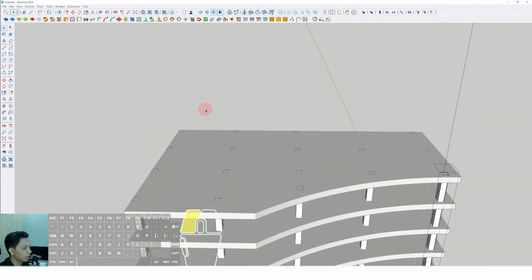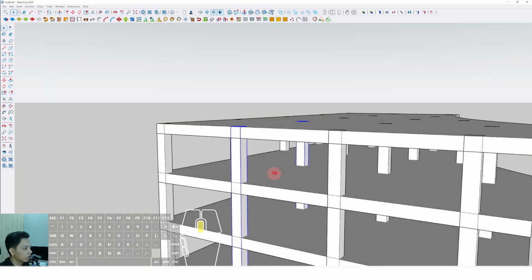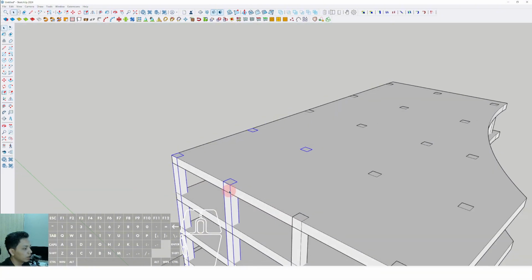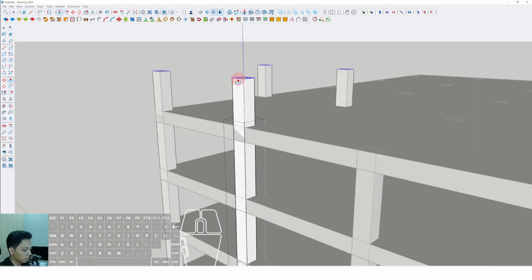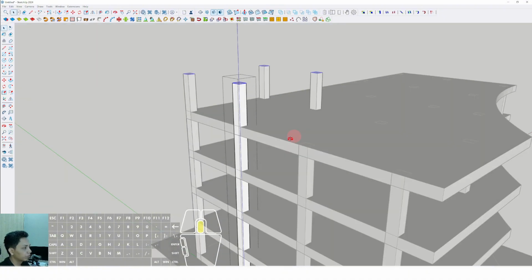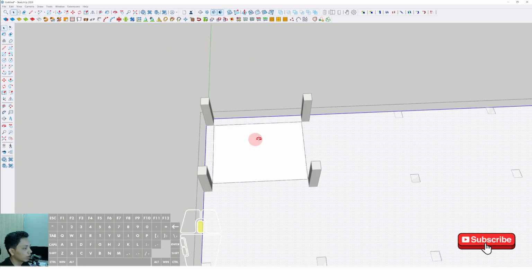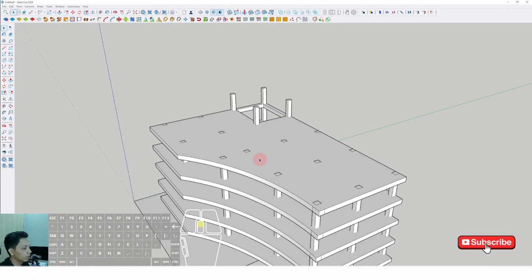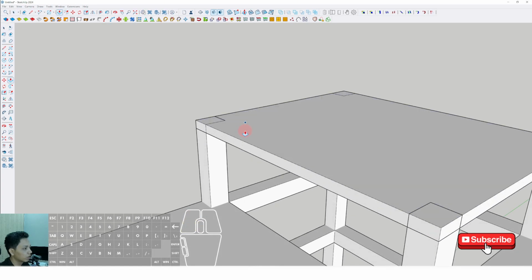Then let's make the disclaimer that this fourth column is about the stair area. So we can right click and make unique, then we can push it up around 4 meter. Okay, and then we can make the hole right there for the stair surface area. Okay, well, now we can draw the slab in here, then we can push it down around